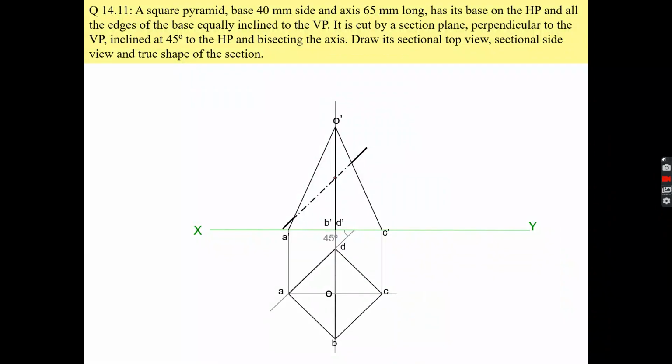Now what we have to do is transfer these points on the top view of the solid, like we did in the previous problem. So this is your one point. This is on the slant edge O'A'. This is your OA. So this point will be somewhere here. Similarly, O'C'. This point will be somewhere here. Now, this point, how will you transfer it on OB and OD? That thing I have already told you in the projection of solids.